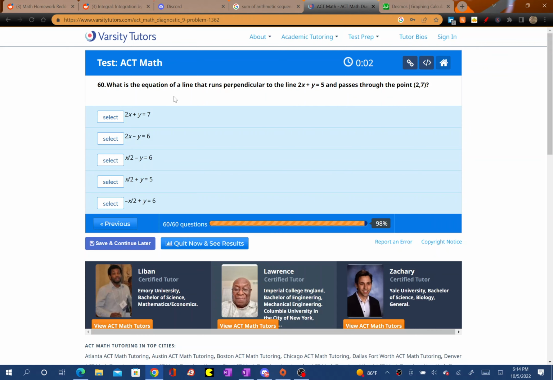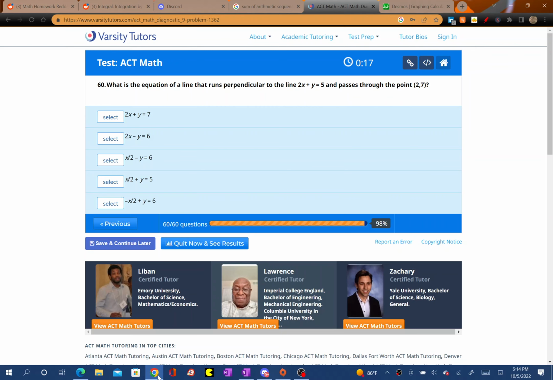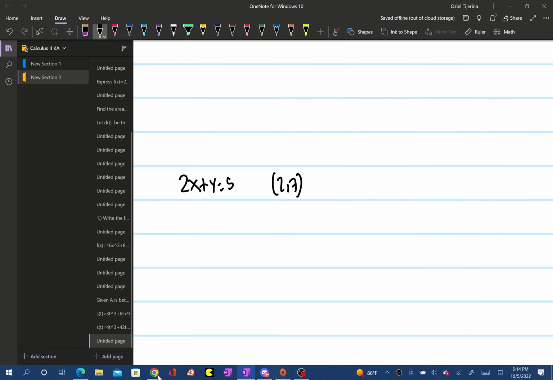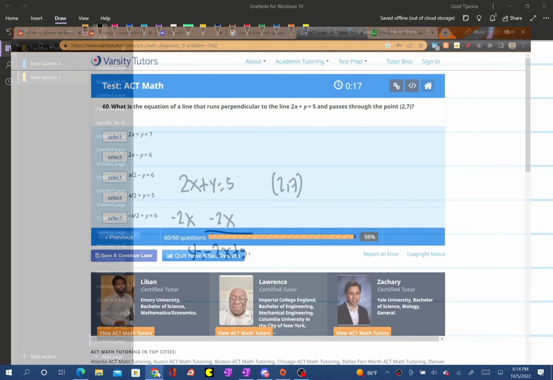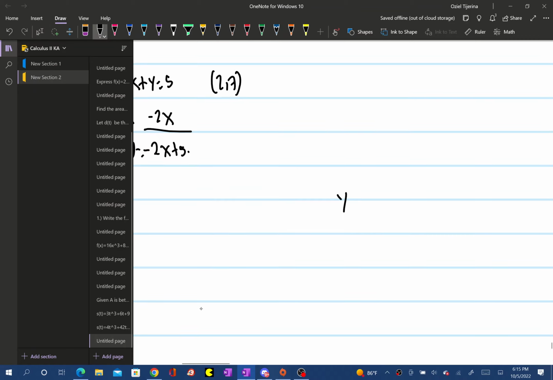What is the equation of the line that runs perpendicular to the line 2x plus y equals 5 and passes through the point 2, 7? So we have 2x plus y equals 5, and then it goes through the point 2, 7. So we have y equals negative 2x plus 5, right? But it's perpendicular, so